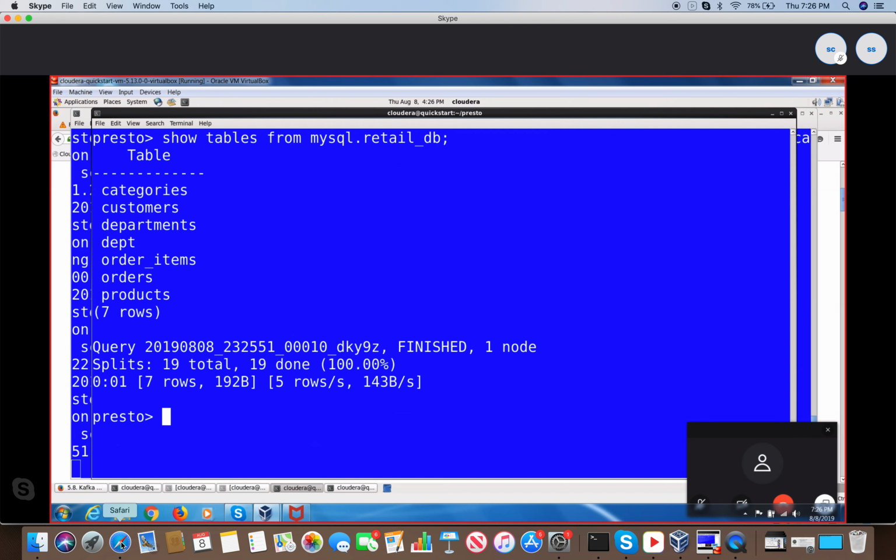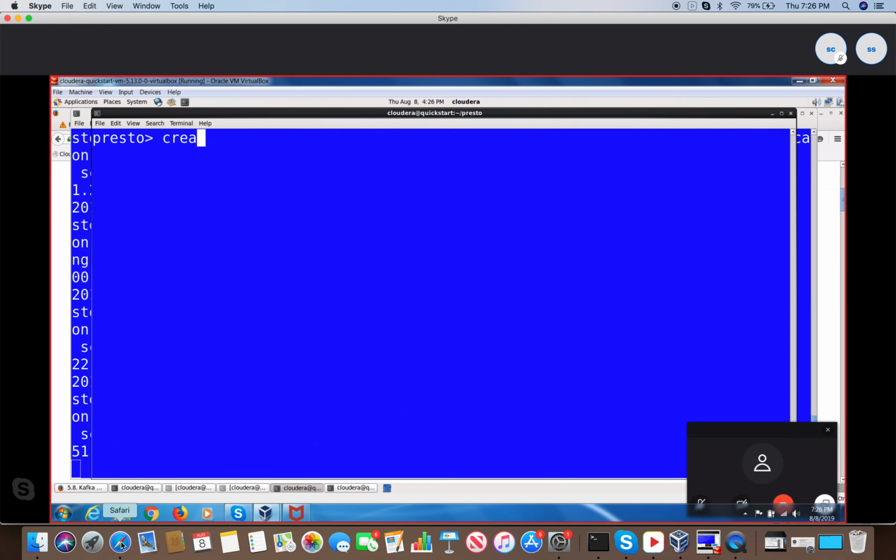Okay, now I want to create a table in Hive by copying the table, let us say, departments from Hive. I want to create it in MySQL. This is MySQL. From MySQL, I want to move the copy to Hive. What you are doing with Flume, Sqoop, all these things, right? All right. Control L. Create table. Where you want to create? Hive